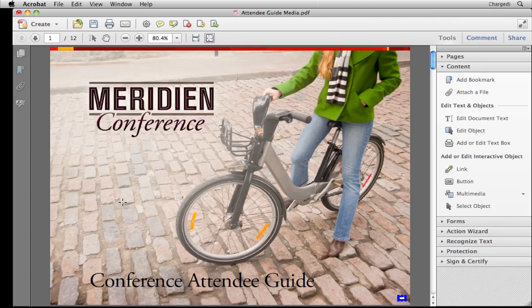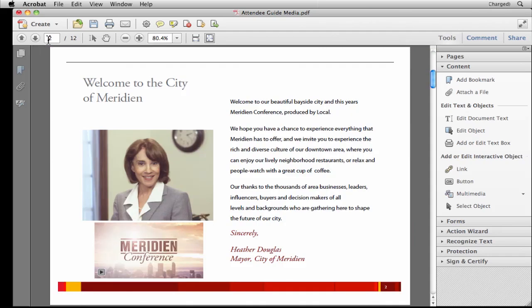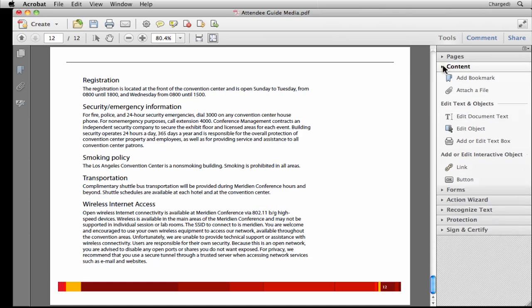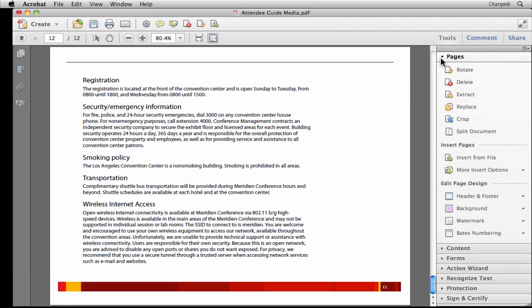I have some pre-recorded flash material. I'm going to show you a very interesting thing that Acrobat can do. We can actually create a PDF wrapper around a flash document and have it play as though it's a page in the document. So what I'll do here is go to the last page of my file, and I am going to go back to my Pages section of the Tools panel, and I'm going to choose Insert Pages